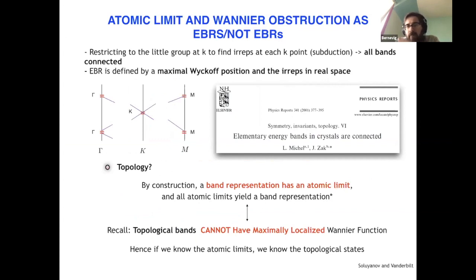And it turns out that if I stack up orbitals, so for example, I have an S and a P and a PX and a PY orbital on the hexagonal lattice on the graphene sites, and ask what are the bands that can come from them. Well, it turns out that these bands decompose into a set of elementary bands, kind of like reducible representations decompose into irreducible representations. And an irreducible representation for a band is called an elementary band representation, and is defined by representation induction from a maximal Wyckoff position, and from the irreducible representation of that maximal Wyckoff position.